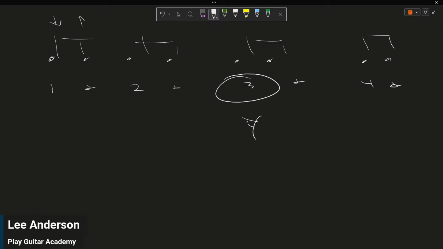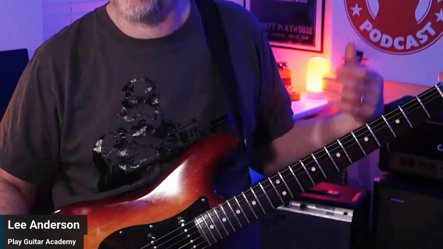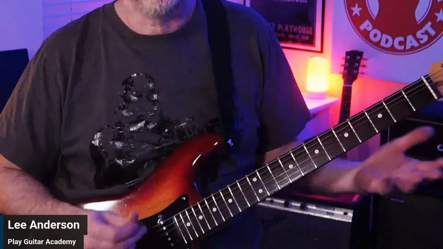So before I had accents, 1 and 2 and 3 and 4 and 1 and 2 and 3 and 4 and 1 and 2. Down. 1 and 2 and 3 and 4 and 1 and 2. Now I'm building a real strumming pattern. Right now, it's sounding like we've got extra